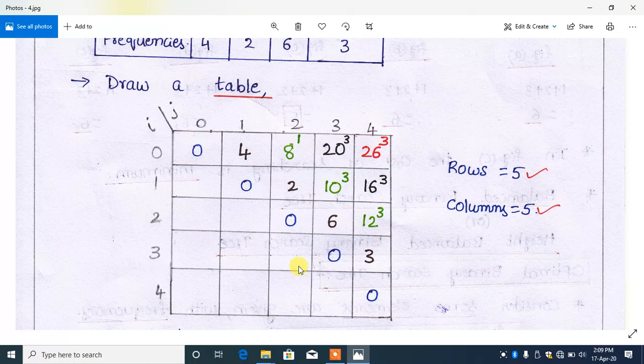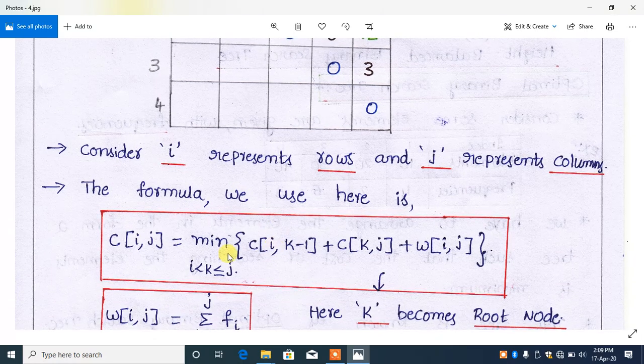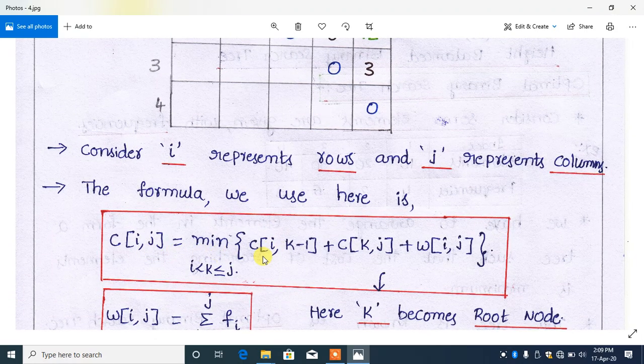For filling the table with these values, we have a formula. The formula is C(i, j) equals the minimum of C(i, k minus 1) plus C(k, j) plus W(i, j), where k is greater than i and less than or equal to j.